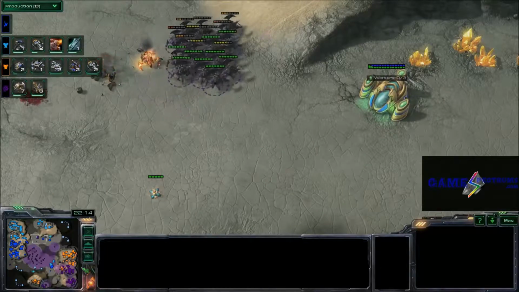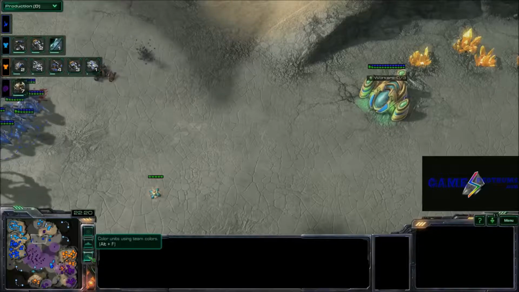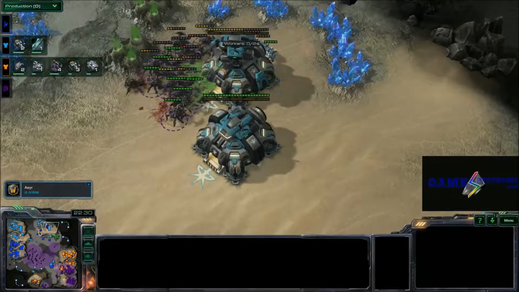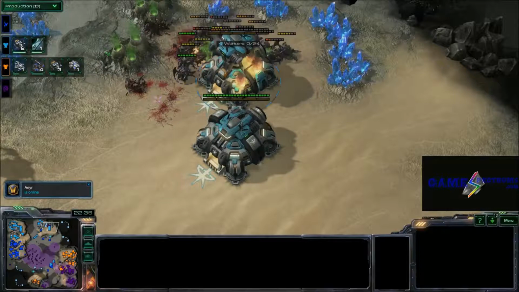Meanwhile, those roaches are still doing damage. Killed the gold, and looks like they're going to. They're gonna have to get away, as this is a planetary. Or no, they'll be able to kill that. The SCV's trying to save it there, but